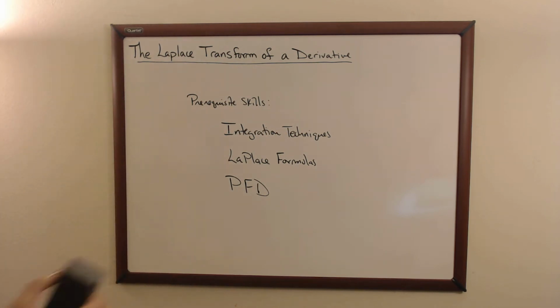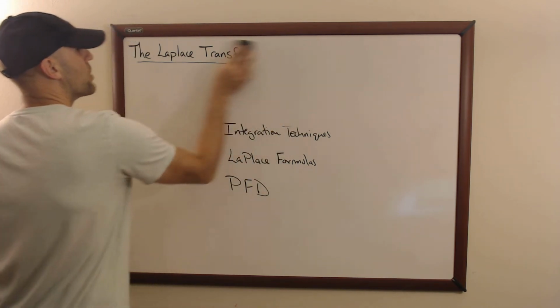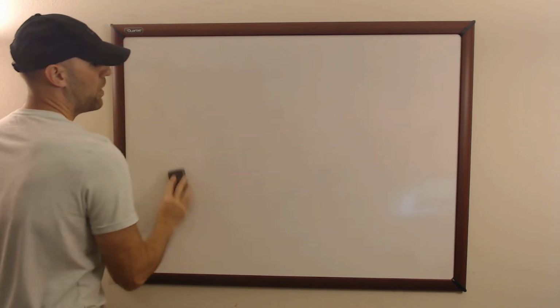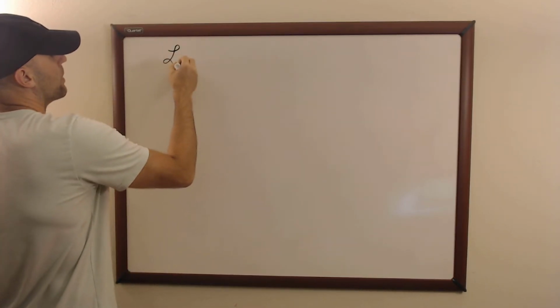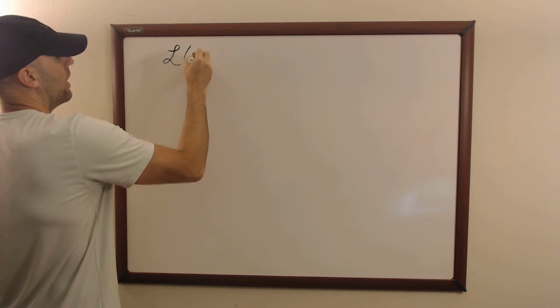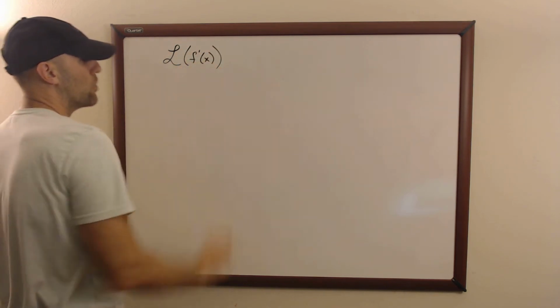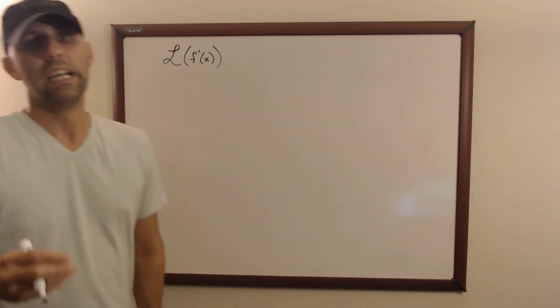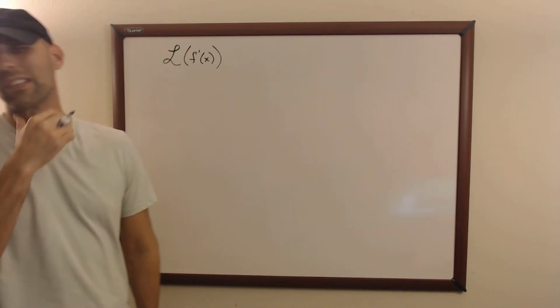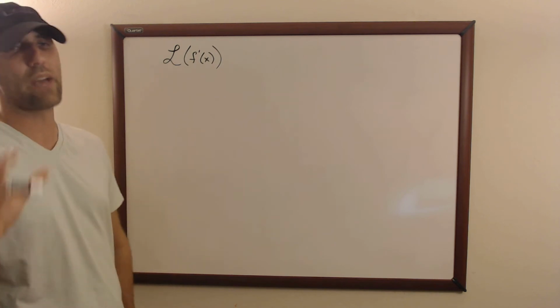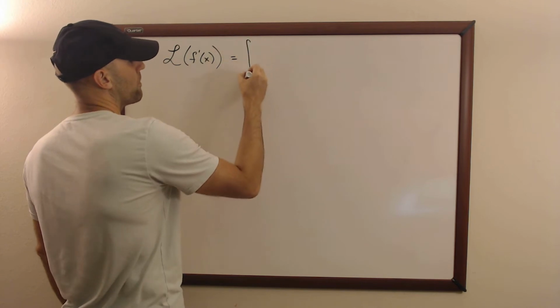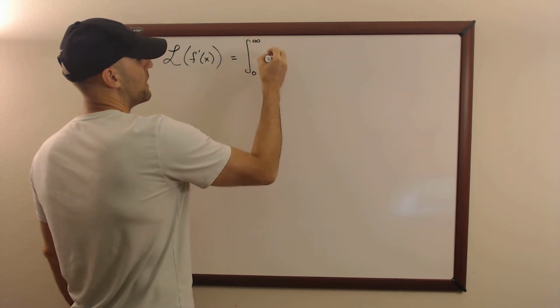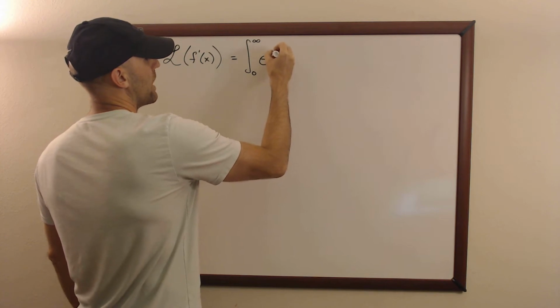Okay, so let's go ahead and talk about this. Suppose I have a function, and I would like the Laplace transform of f prime of x. So what is that? Well, I don't have one of my nice translations for it yet. Let's go ahead and put it into the definition of the Laplace transform. So by definition, this is the integral from 0 to infinity of e to the negative st